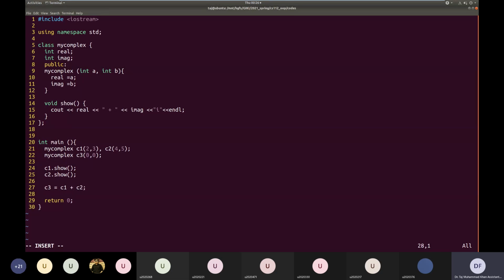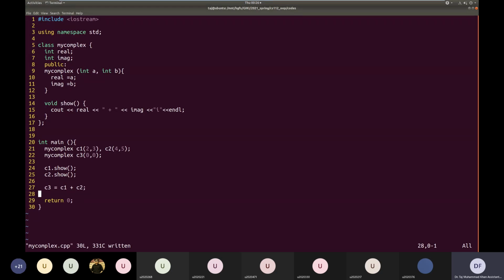Right? So we'll try to add these two complex numbers C1 and C2. You guys have studied in your, I don't know which class, that complex numbers can be added, multiplied, divided, etc. And the results are also, I think, complex numbers.